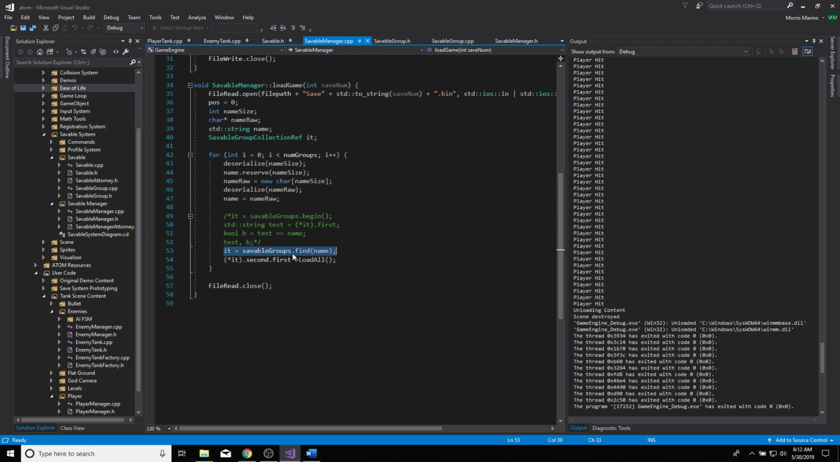This is actually why the savable group isn't a map. We take the name that we read out that was saved, because if you have a number and the registration order changes for whatever reason, stuff will be out of order and it will screw up the whole system. So I decided that because you can actually get a string for the name, to just save that instead. So we got the name of the class. We just find that, and then we will load all the